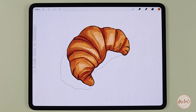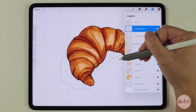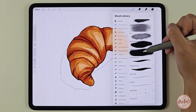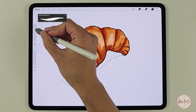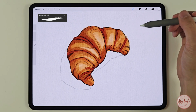Now to make this croissant a bit more mouth-watering, we're going to add some shine, which will give that caramelizing golden brown finish, enhancing the melting butter effect. So we're going to go to the gouache layer at the top of the layers, and I'm going to pick the white tone color, and I'm going to pick the gouache brush. By using the gouache layer on the top, it's going to make the painting a bit more opaque. I'm going to keep the size to around 30%, and since the light is coming from the right, we're going to focus